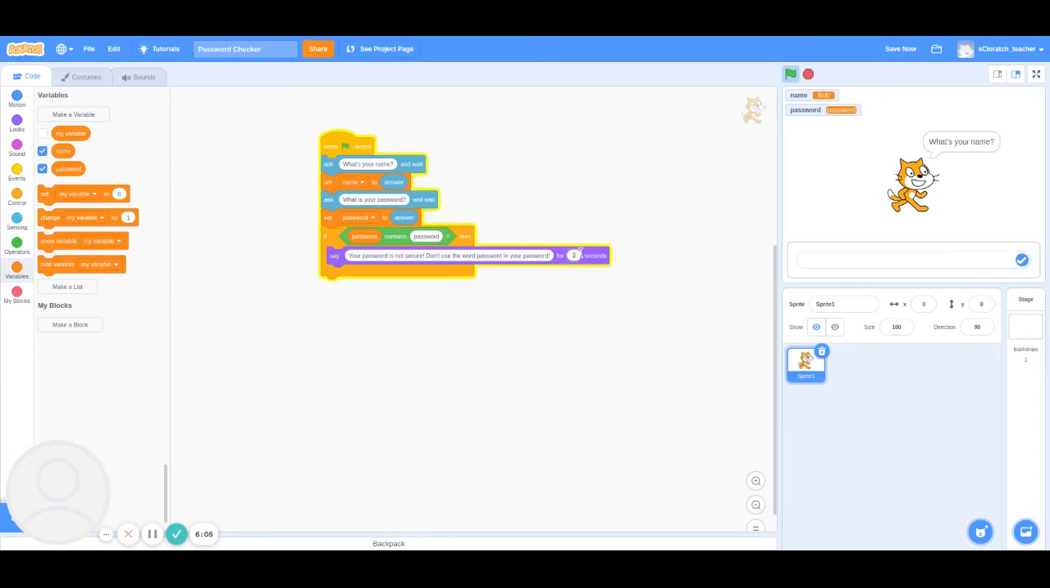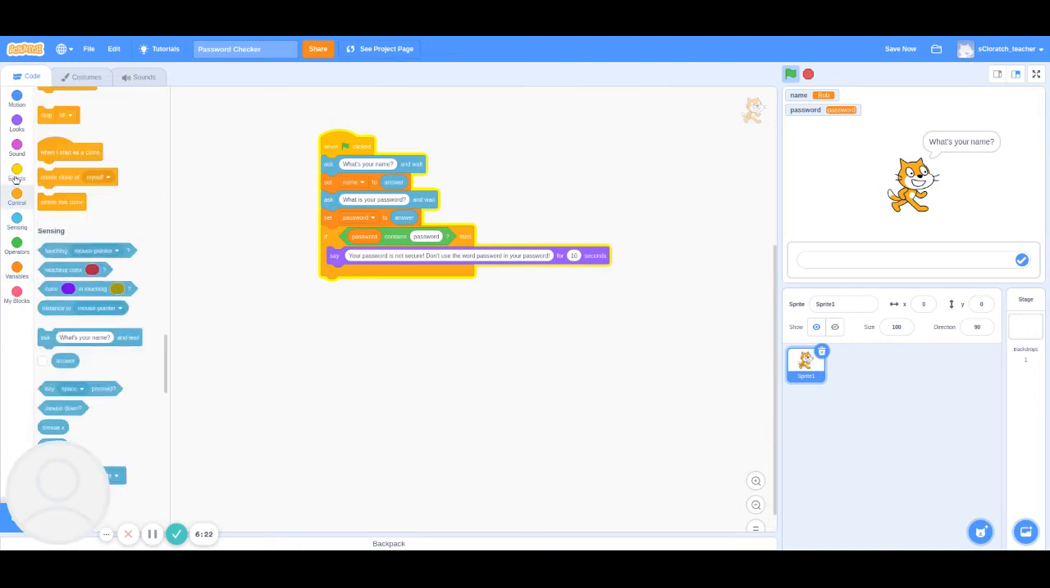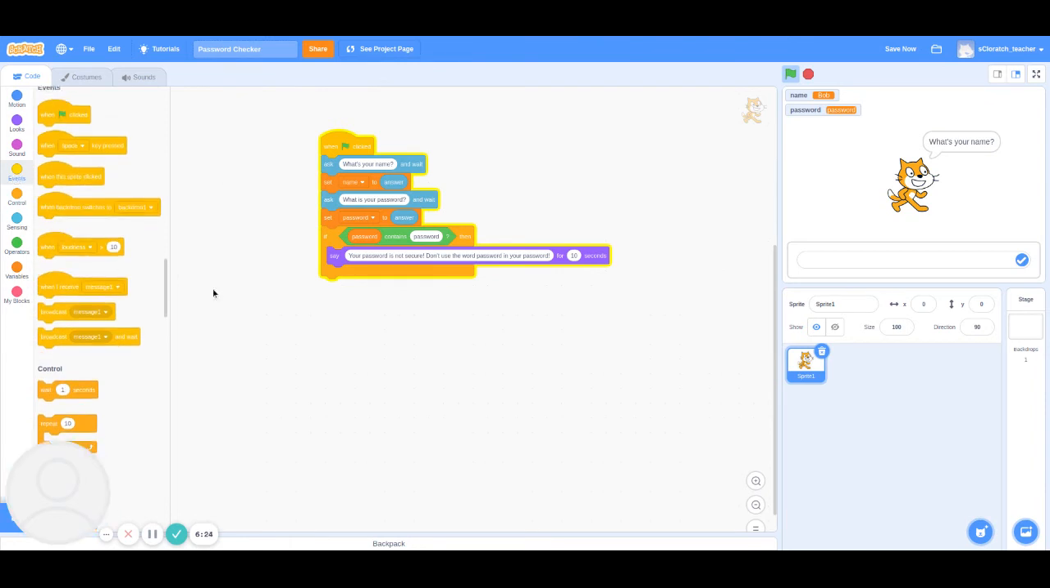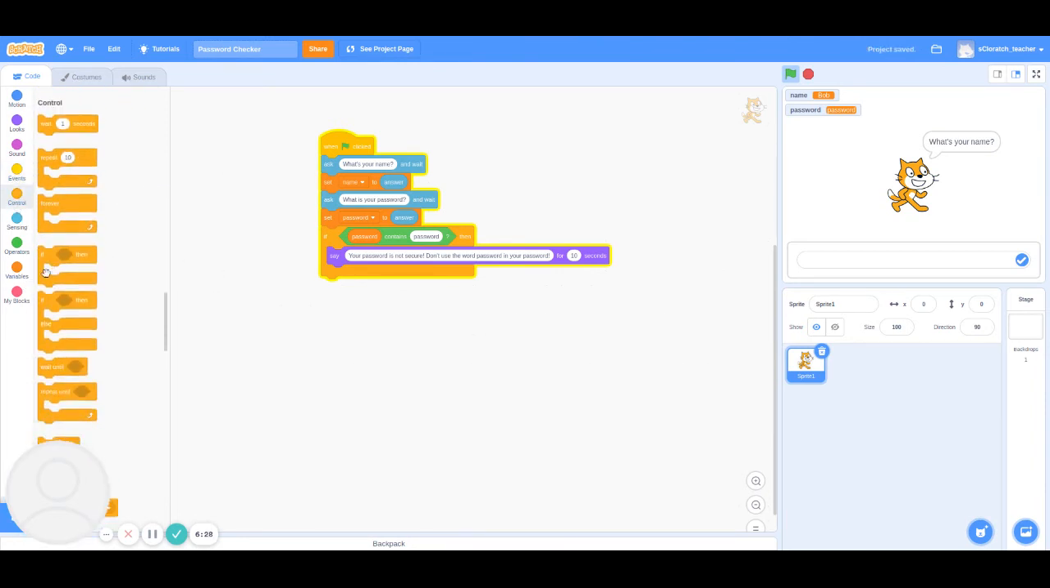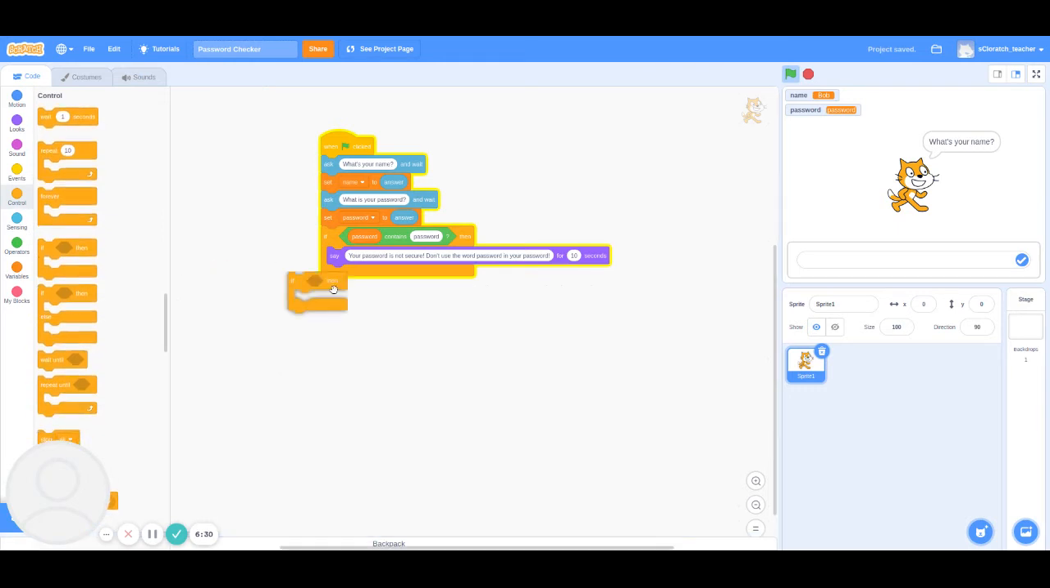So it's a great idea to debug your code and test. 2 seconds wasn't long enough for me to read it, so I've changed that to 10 seconds. Now the next test we're going to do is go to events, go to control, and if